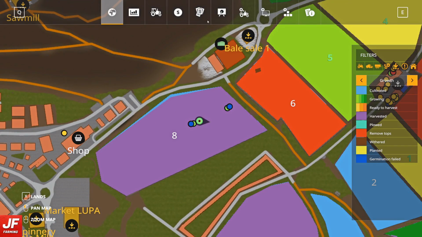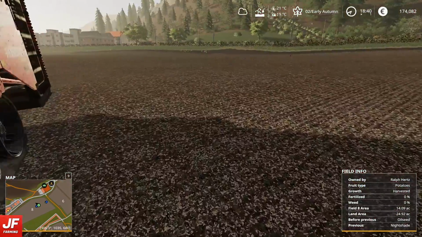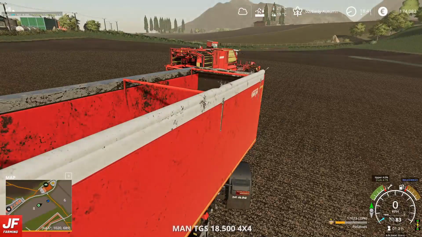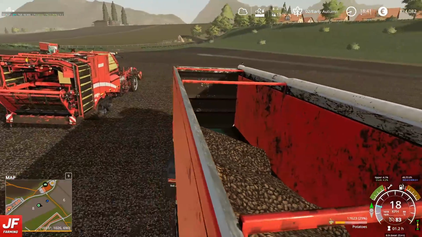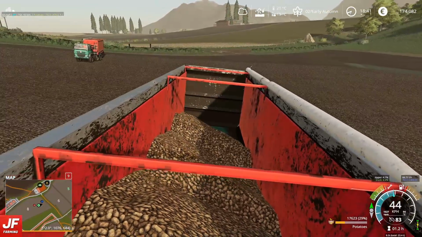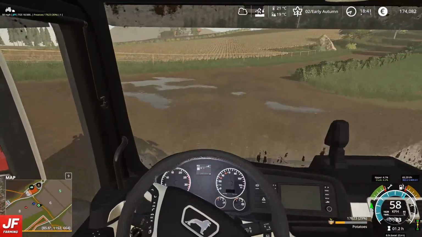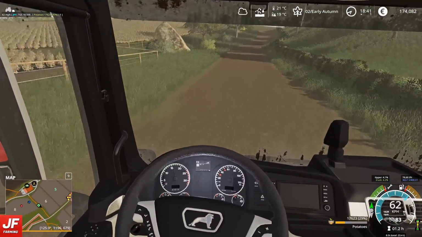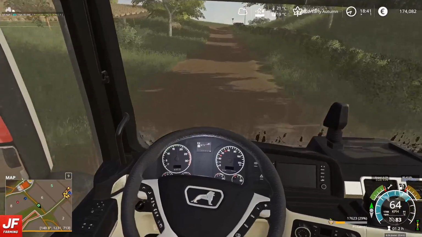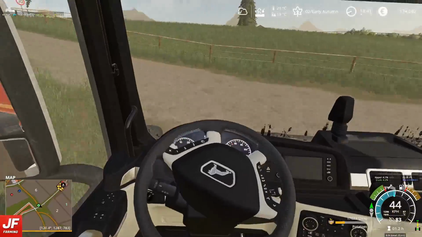Right, let's have a look at the contract. There was no missing crops. Wow, okay. So in that case then, I think everything we have is for us. That's a lot. I don't know if we can take potatoes in our grain store. Probably not, because it's potatoes. But we can have a go. We'll see if we can put them in there, because if we can, that's going to be easier than dumping it in piles. If we put it in piles...